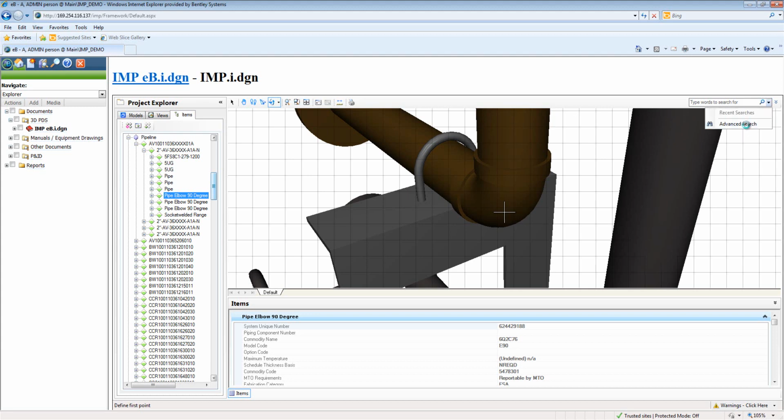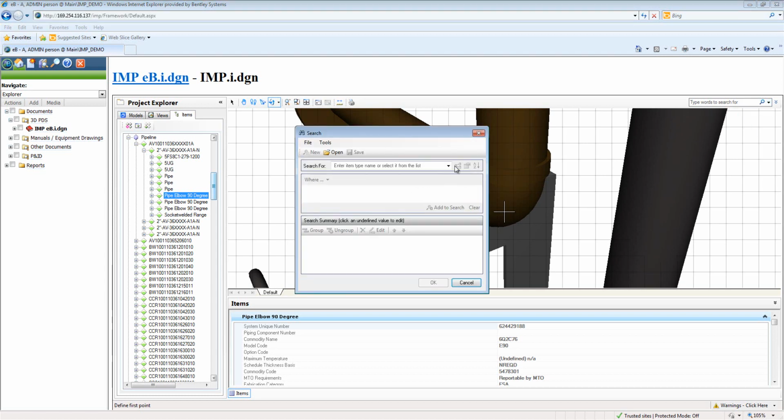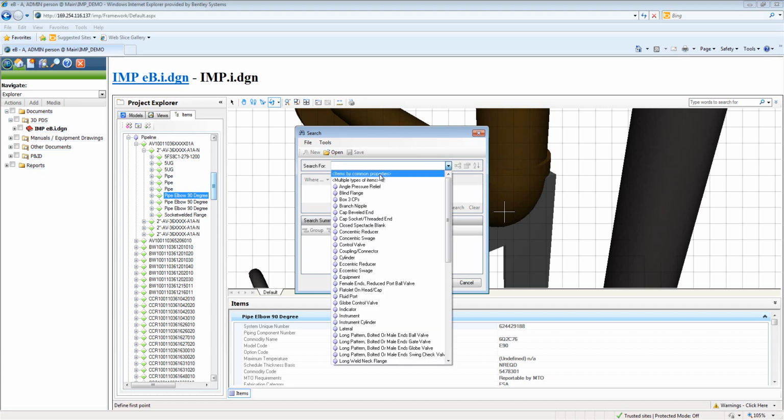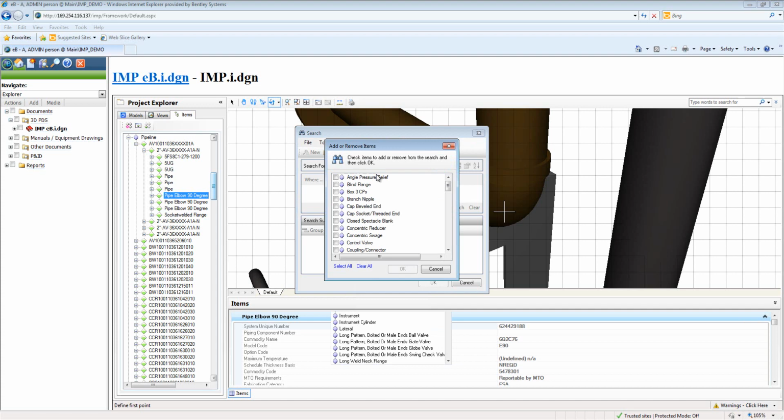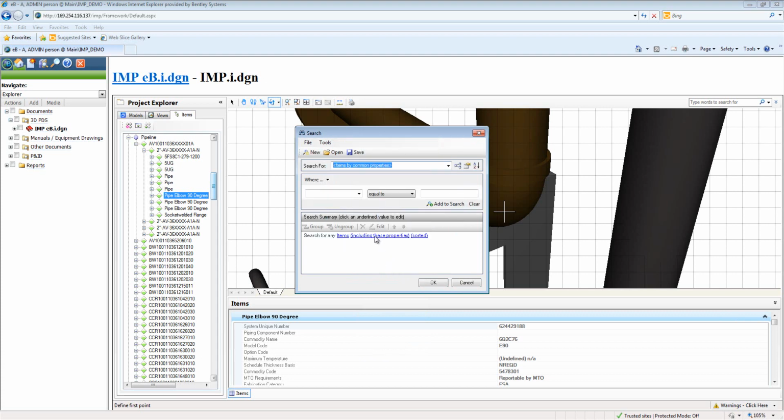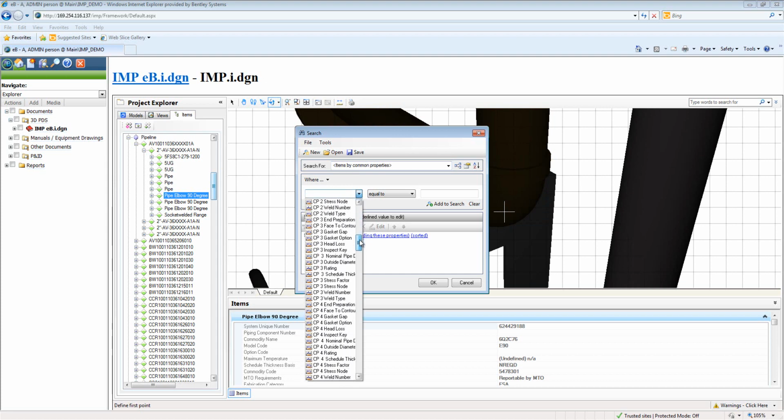But I think I should still be capable of showing you the advanced search capabilities, and you will see that it's the same dialog that we saw in Navigator. So we could say that we want to search for components, and again say that we want to search for all the classes. Or you know what? We could search for a valve, I guess. Let's do the following. I know that the valves are called